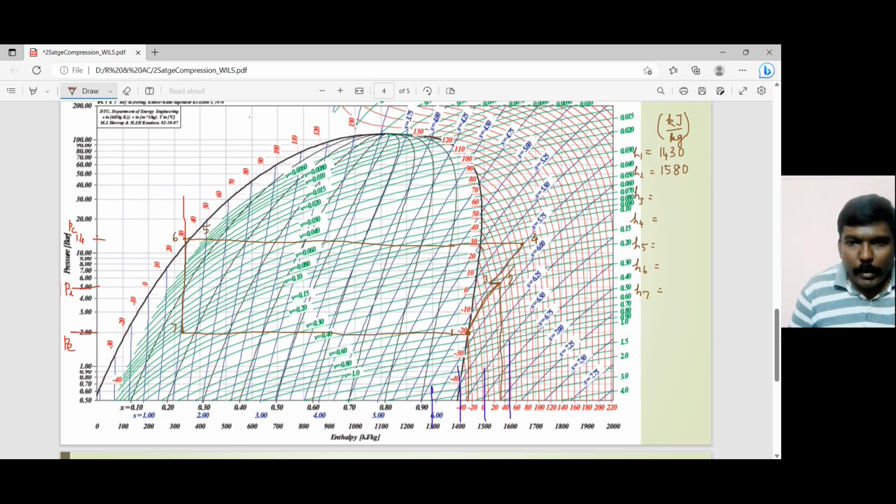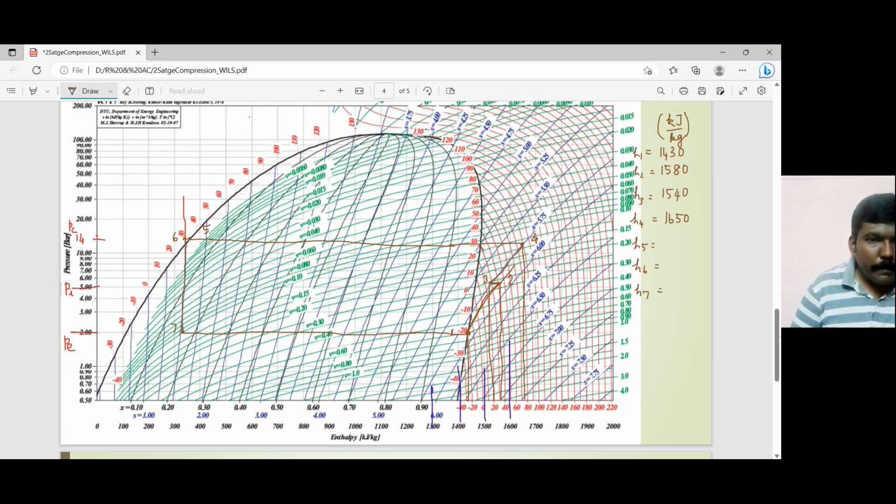Okay, so point number 3, if you drop a perpendicular again, somewhere 1540 or 1530, let me say 1540, and H4, so that is midway between 1600 and 1700. So let me say 1650,